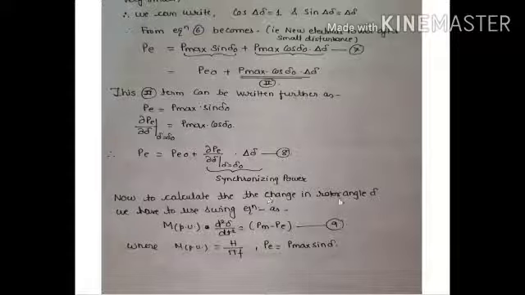Now to calculate the change in rotor angle delta, we have to use the swing equation, because we know that there is only one equation that describes the change in the rotor angle delta, and that is the swing equation. And we know the swing equation, it is given as M d square delta by dt square is equal to PA, and PA is equal to PM minus PE. If M is in per unit, the value will be H upon pi f. And PE is P max sine delta.